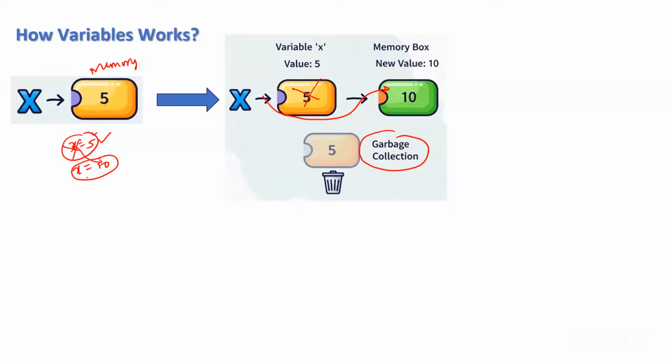Now, this particular 5, is it assigned to any variable? No. Since it is not assigned to any variable, the garbage collector inside Python will come into the picture and delete it. That's the reason that once I assign x is equal to 10 and read that value, it will be gone. Now you might have a question. Now x was 5, this was 10. What kind of literal is that?